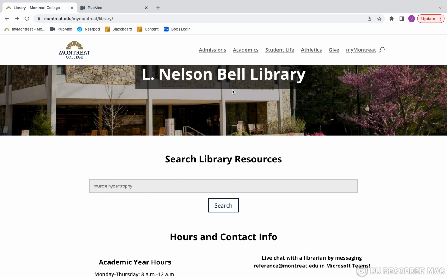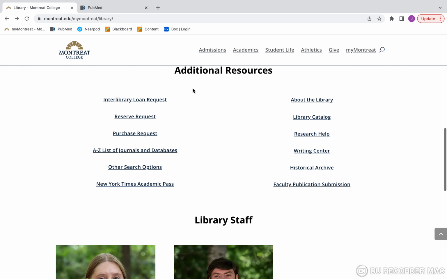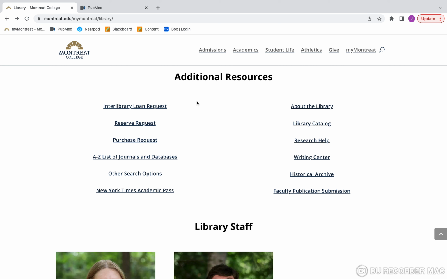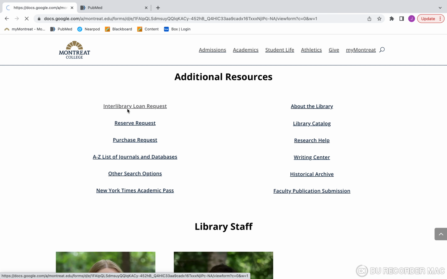But before we move on, one other tool is, let's say you found something that you wanted to read, but there was not a free full text, meaning you couldn't actually access the research article. You could just get a little snippet of it, but you wanted the whole thing. We have this cool thing called an interlibrary loan request. You may have heard of it already.